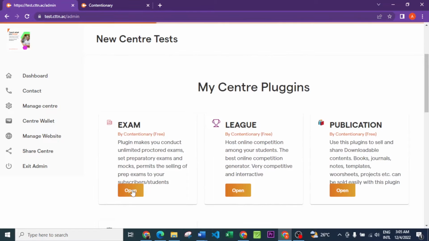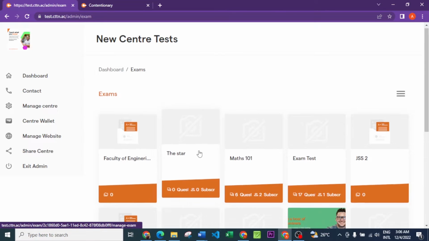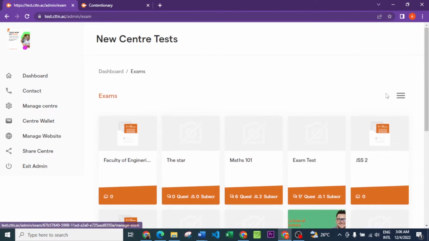The same way we were able to create the folder and the course when it comes to online course, that is the same thing we want to do when it comes to the exams. The only thing I'm going to show you here in the exam is how to manage the exam, because the folder is the same thing. But for the exams, let's see how it's going to look like. So for you to create an exam, you come down and click on this button here,